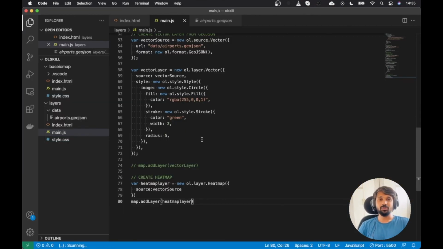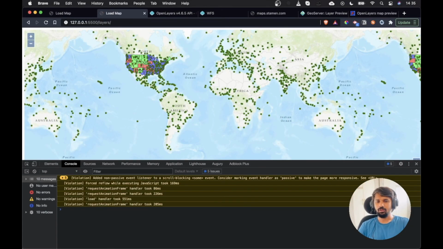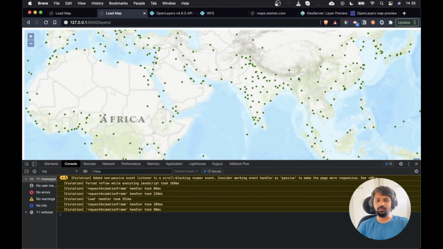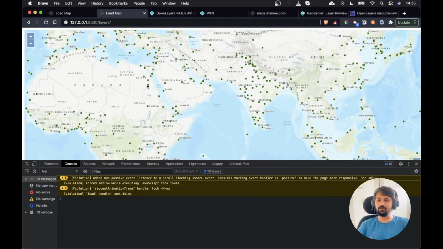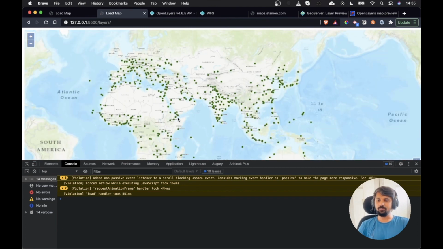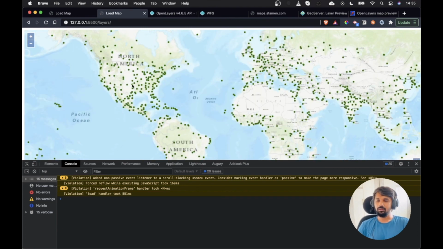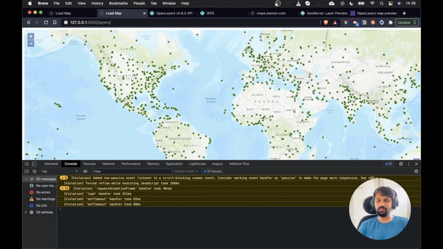Now, in order for us to create a pop-up, we will load the data as vector data only. So I will simply remove this and add back the vector data. I can also play with the style a little bit, where I change the radius to 2. And then there we go. Finally, we have a map where we have the custom base map, a custom tile WMS layer, and then also the vector data on which now we will apply the pop-up. Thank you.